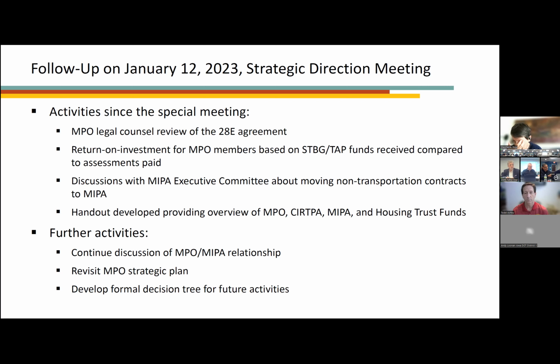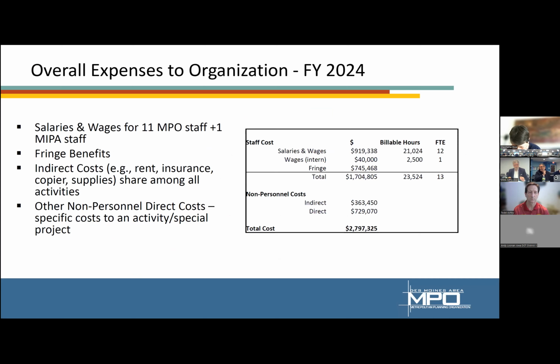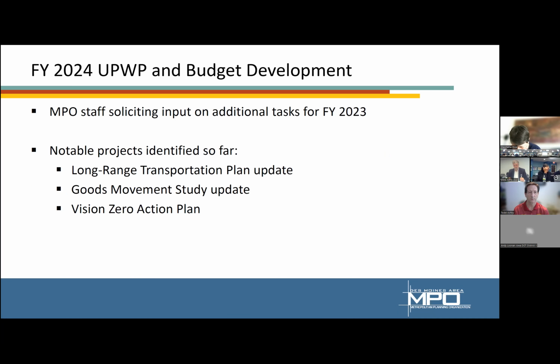And as we go into the next agenda, if you do the Story County contract, you've got MPO hours at 17,859, and it shows that we're not going to lose any money, but if we don't do it, you've got MPO hours at 18,718. I have no idea how you can say that. Let's wrap up. I don't think that's quite right. Oh, no, it's right. It's what you gave me. Well, let's get into it.